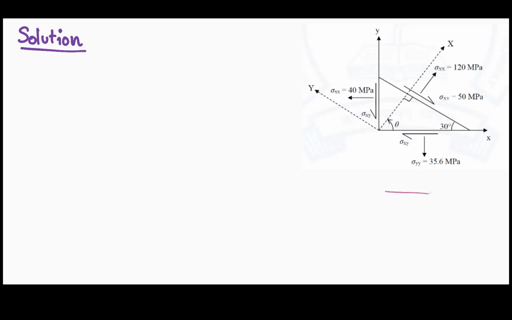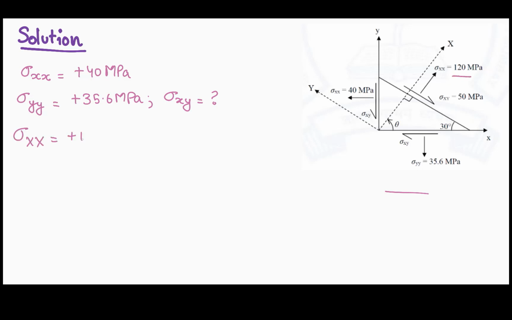From the stress element shown here, we can see that sigma xx is nothing but positive 40 MPa since this is tensile. Similarly, sigma yy comes out to be plus 35.6 MPa. Sigma xy is unknown. Sigma capital XX is given to be 120, and we can see that it is a tensile stress and hence it will be positive. And from our discussion regarding the distorted shape of the element, we can see that if our element was initially oriented this way and sigma xy is applied like that, we know that shear stresses would mobilize themselves in order